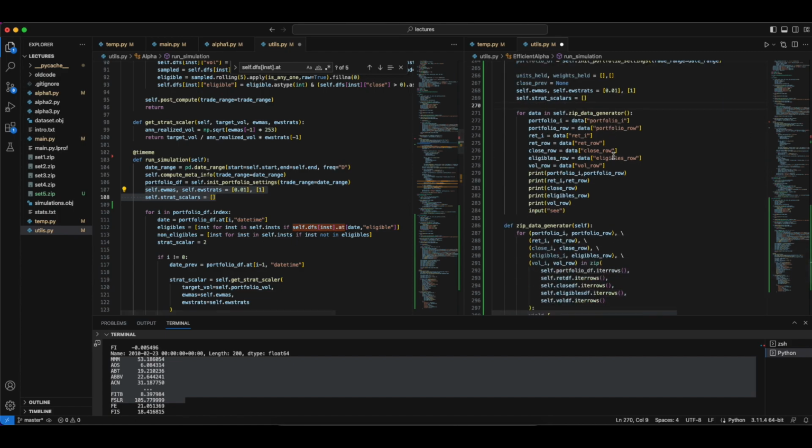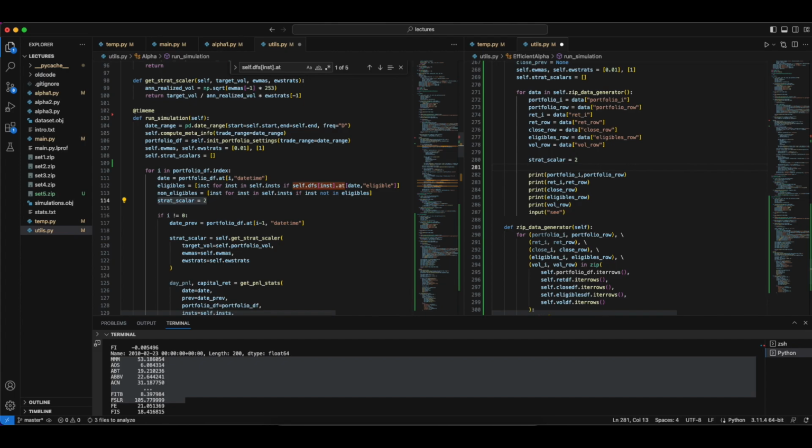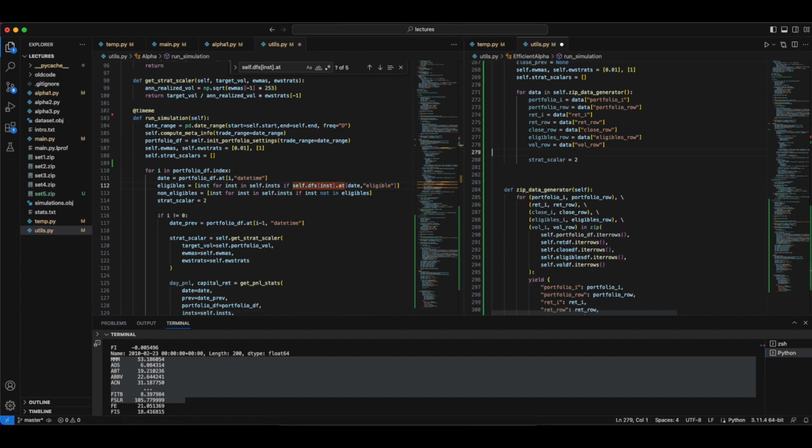So inside here, we would do if i not equal 0. So this line, okay, let's first do the default as 2, right? And then we don't need this 2 anymore because this is already defined by the eligibility row. So let's delete this. And if i not equals 0 is basically the same thing as